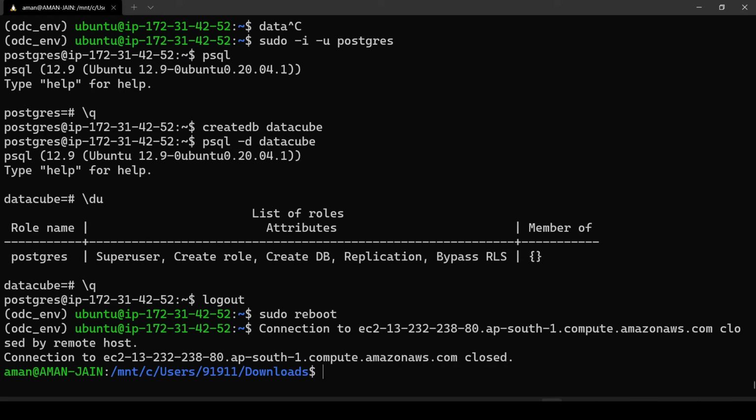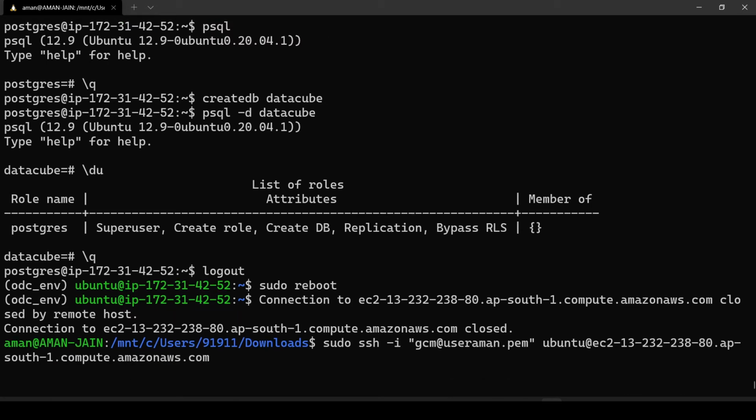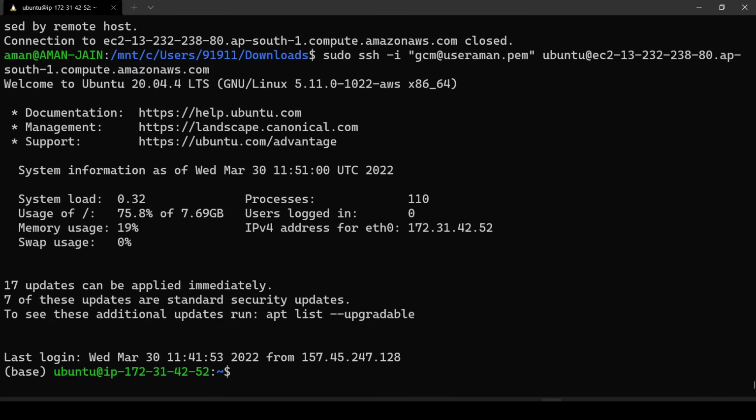We are out of the remote machine, and once the system reboots we can log in again. Okay, it has been 2 minutes since I rebooted. Let us log in again. Okay, so it is working fine. Now you can see that our memory usage is already 75%. That is why I was telling that Anaconda does not work well here.